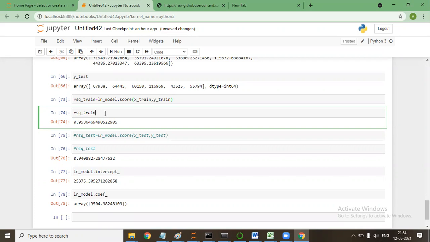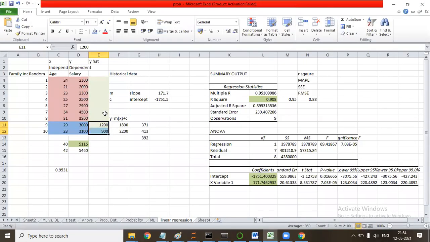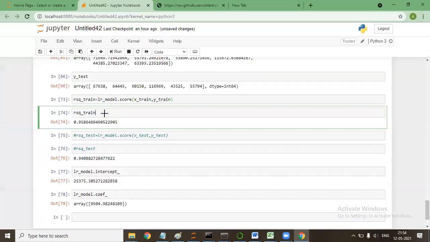Okay. Yes, sir. Can you add a command for predicting an unknown value also? Sir, I have a question. To check the accuracy, we should check it with Y test and Y predicted. Yeah. To answer both the questions, the first question is the command to predict the new values. To predict the new values, you can try it on your own.